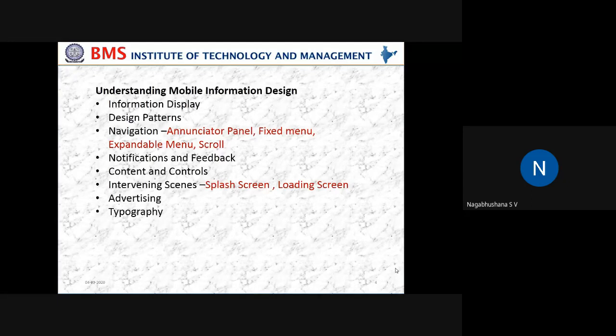Otherwise, what happens if there is no feedback from the end users who are using that application? Then it is not possible for the organization to improve the specific apps. So, notifications can inform a user, which offers the ability to cancel a process or correct an error or give multiple options from which the user can select. So, the user must be given an option to give some kind of feedback for having used a specific application.